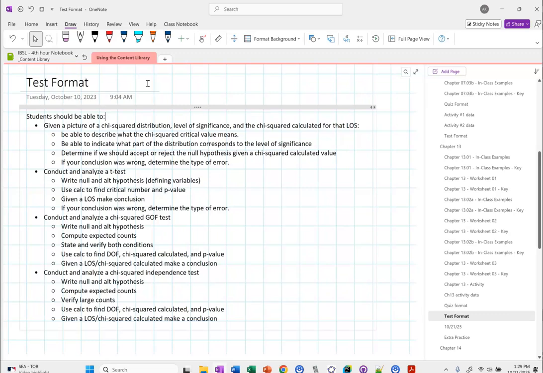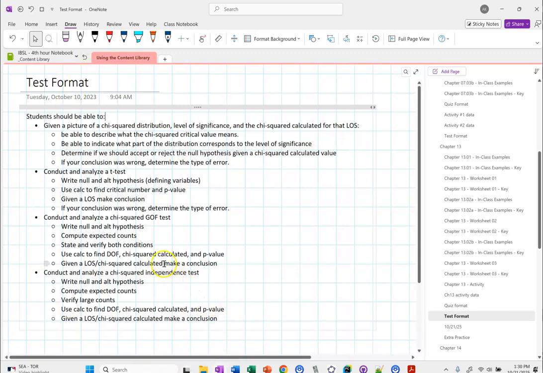You should be able to conduct and analyze a chi-squared goodness of fit test. Write the null and alternative hypotheses. State and verify both conditions. Use the calculator to find degrees of freedom, a chi-squared calculated value, and p-value. And given a level of significance or chi-squared critical value,